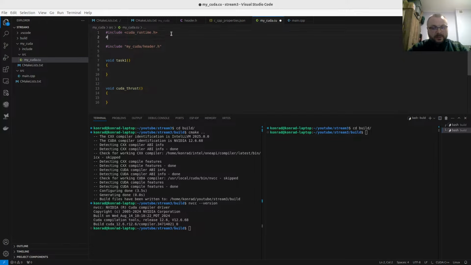We need iostream, that's a standard one, so maybe I will move that include lower, so this is the main part, and then I will copy that. Let's make additional includes so that Thrust